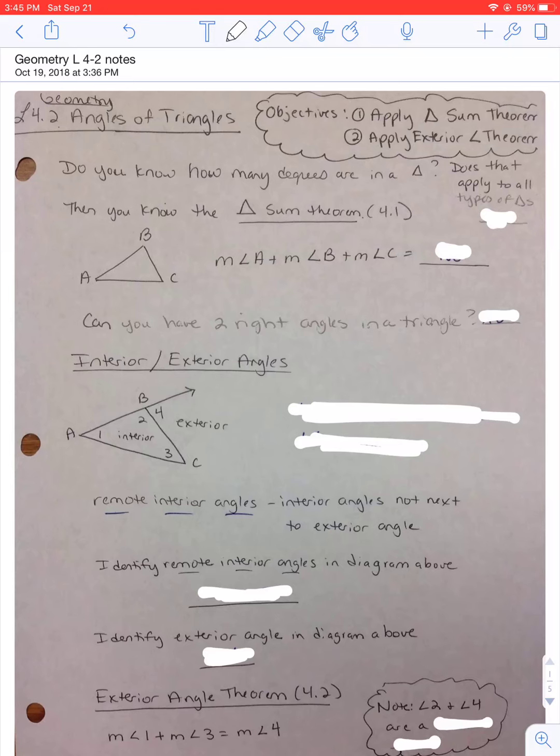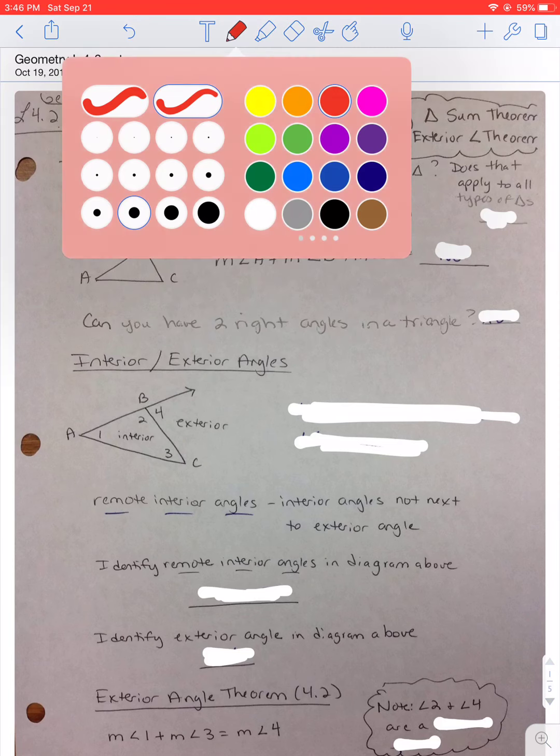Okay, welcome to the second lesson of Chapter 4. This one is entitled Angles of Triangles. The previous lesson we talked about types of triangles. We're specifically focusing on the angles themselves. And if you look at the very top here in the cloud under objectives, it says